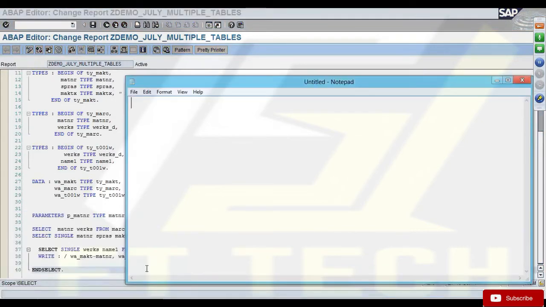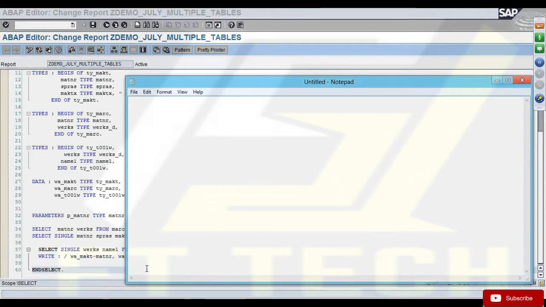When you talk about these internal tables, there are different types of internal tables that you can create. And when I talk about accessing the data in the internal table, again, there are different ways you can access the data. By using the loop statement, you are processing all the data in the internal table one record at a time. Or else, you can also process a particular record in the internal table.